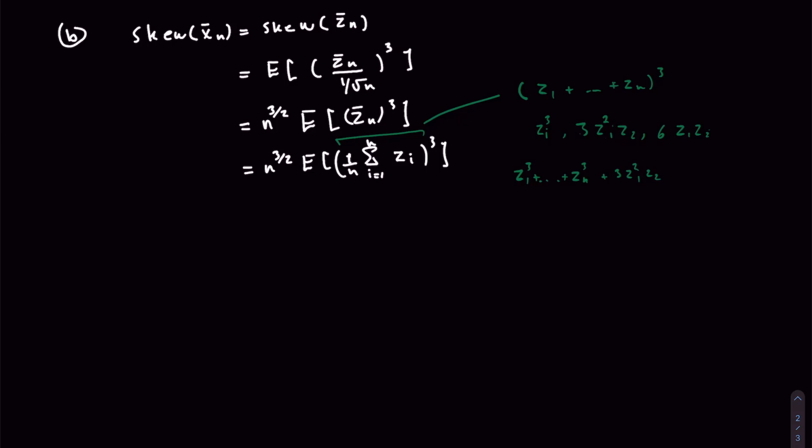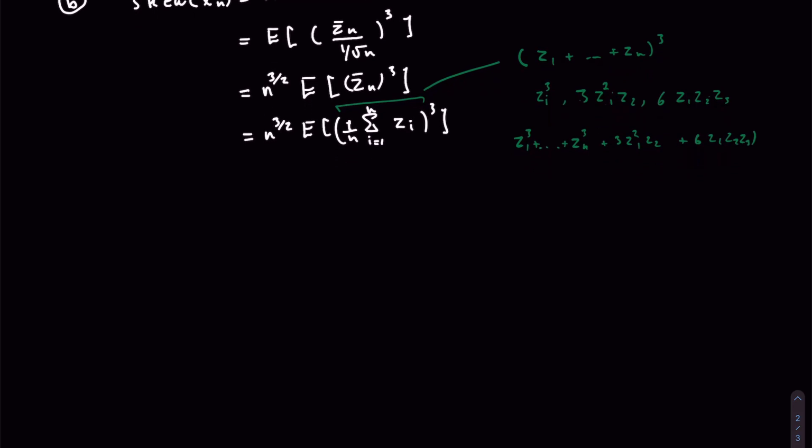And then we'll have plus 6 z1, z2, z3. Okay, and now when we do the expectation over this, remember, because we have the expectation term here,